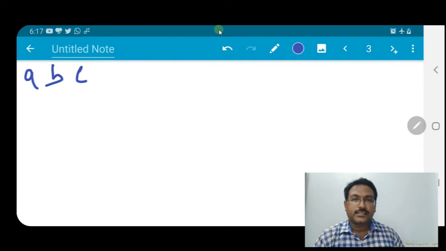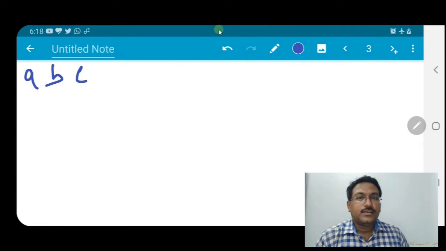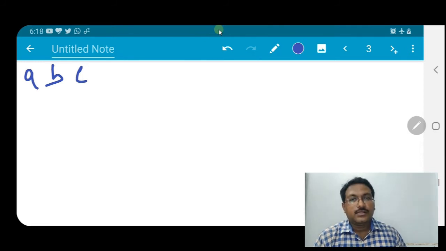So we need this much only. Fine. We need another variable. Suppose it is n. So what will we store in n? We will store 1, 2, 3 or 4 in n. Fine. So how to write it?